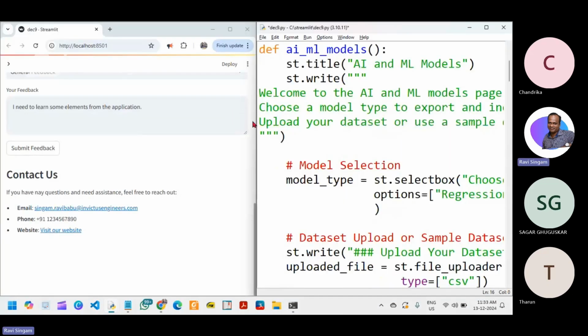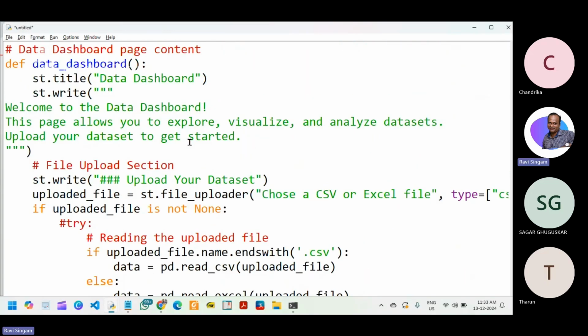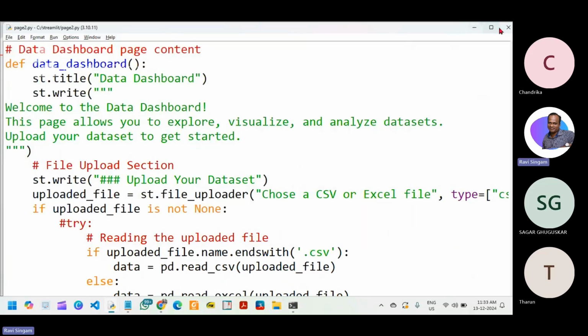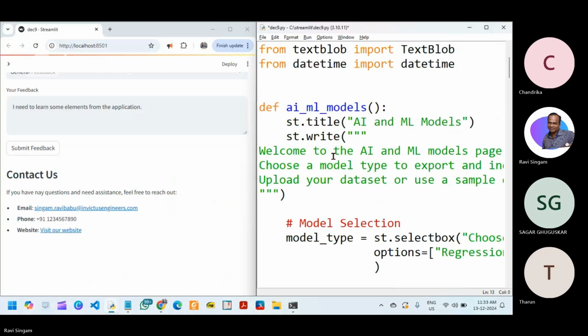Control X. So we'll save it here. Page 2 is page2.py. It contains the data dashboard. This is another file in the same folder. Okay. Then the third file is going to be, okay, so here